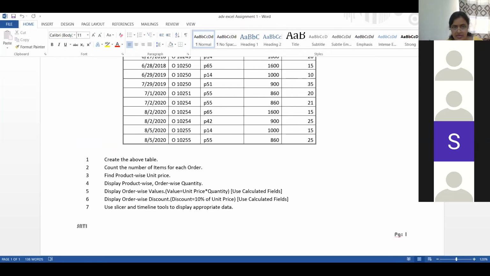Yeah, I can see this file. Okay, so let us do it quickly. See, the table is already created. Count the number of items for each order. So let us do it fast. As we don't have much time, we'll be doing it here. So let us take this table. I'm removing everything from here.